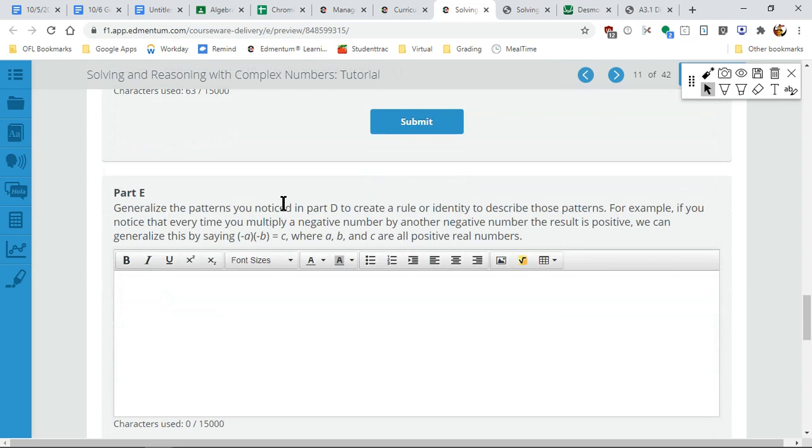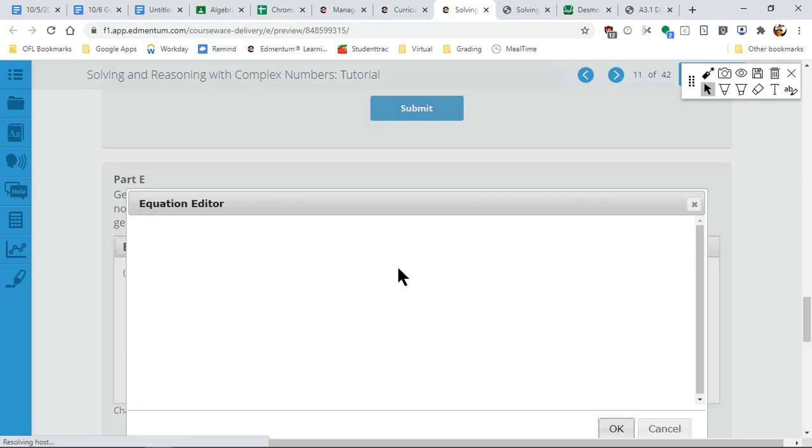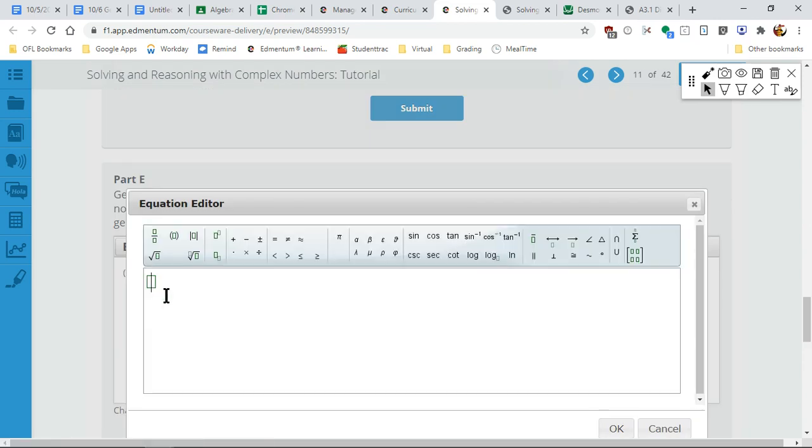Generalize the patterns noticed in part D to create a rule. For example, if we see this, what rule can we make? Okay, so I'm going to say the rule is going to be a plus bi times a minus bi. And the rule we should have seen here was this equals a. Oh, I'm going to have to use the equation editor. This equals a